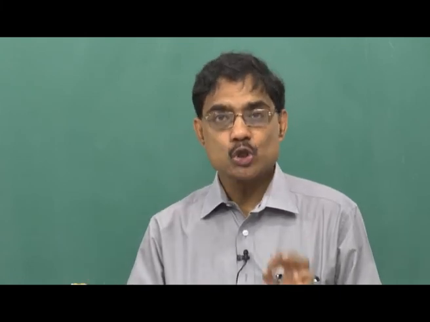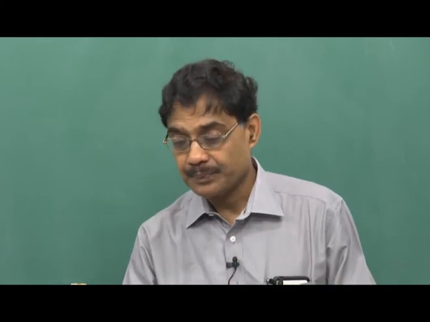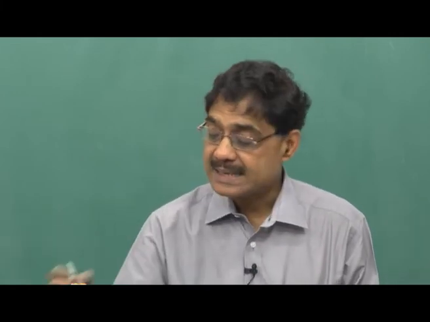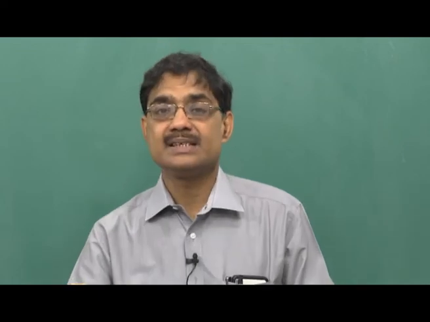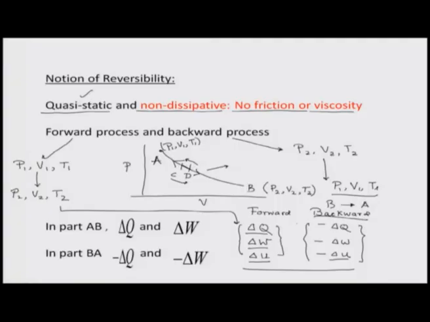My system should be at equilibrium at every instant of time. So it is quasi-static, and secondly this equivalence I have presented here will hold true only if I have no dissipative force, no friction, no viscosity, then I can have a reversible process. So all the processes I will talk about so far